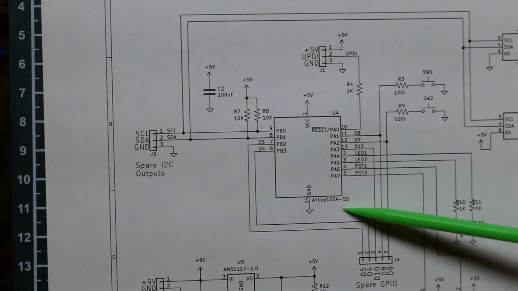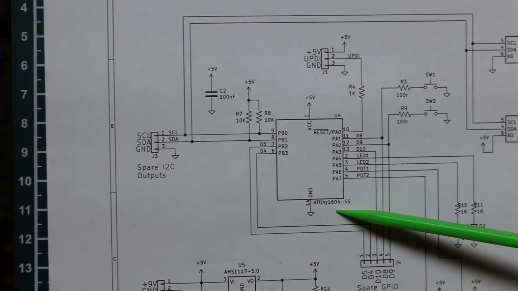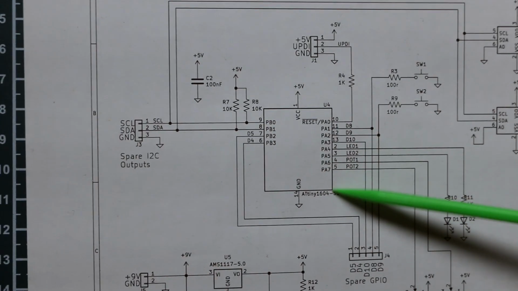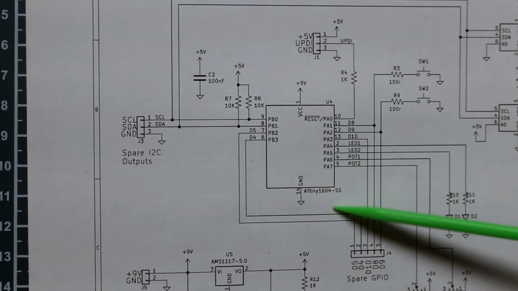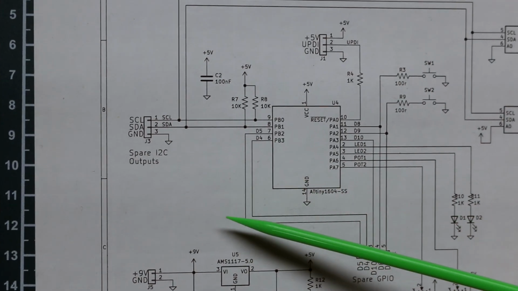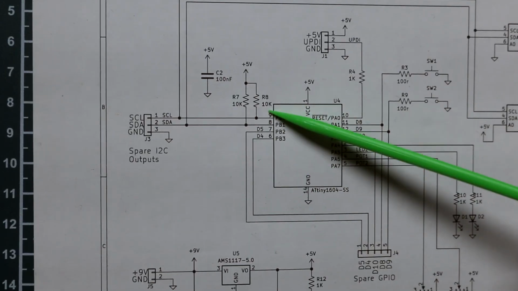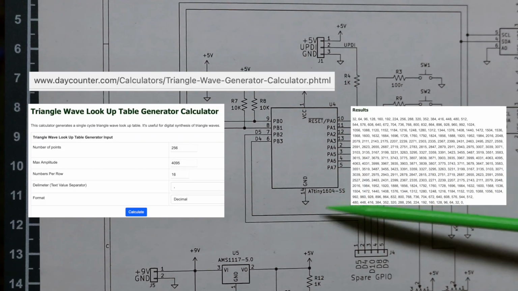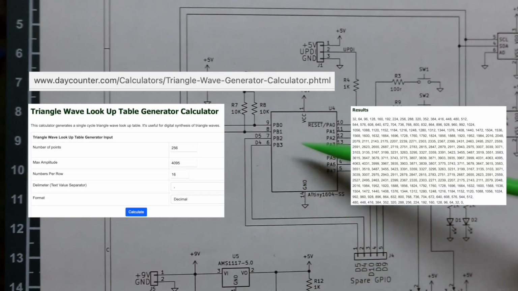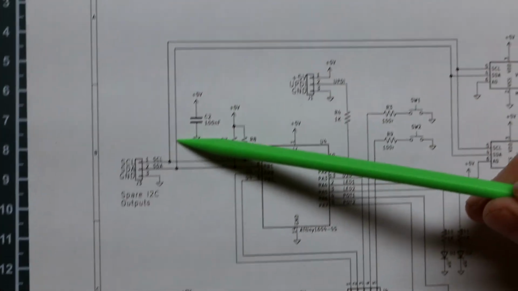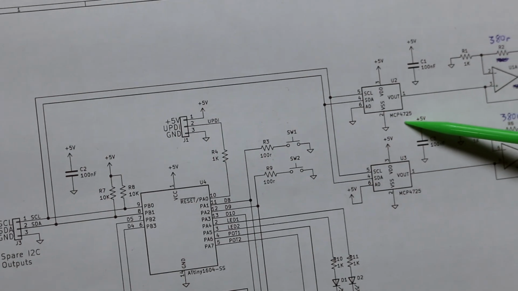The main chip is an AT-tiny 1604, so that has enough program memory to generate reasonable waveforms for a low-frequency oscillator, where really what we're trying to do is just vary the output voltage up and down slowly. So in the sketch, I have a couple of data tables representing, in this case, a sine wave and a triangle wave. Then over I²C, I'm controlling two separate DACs,